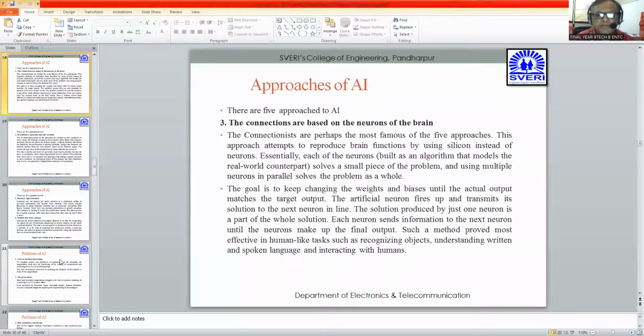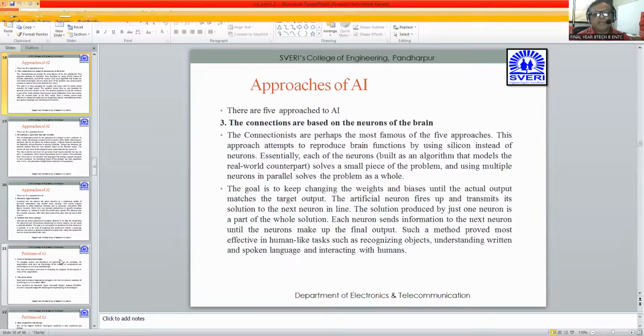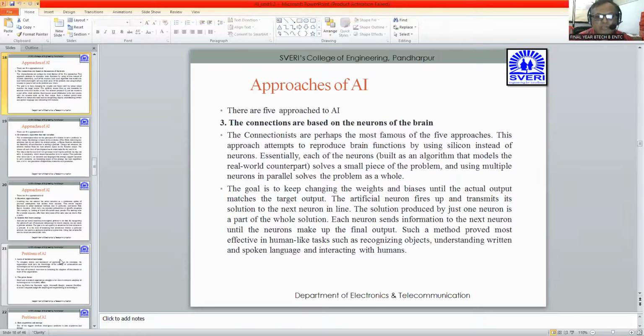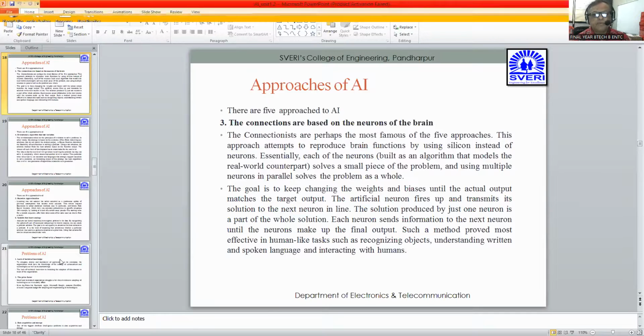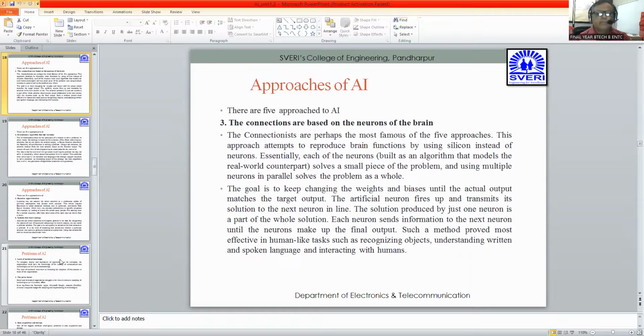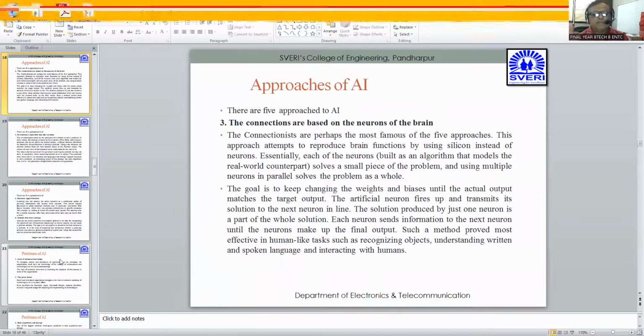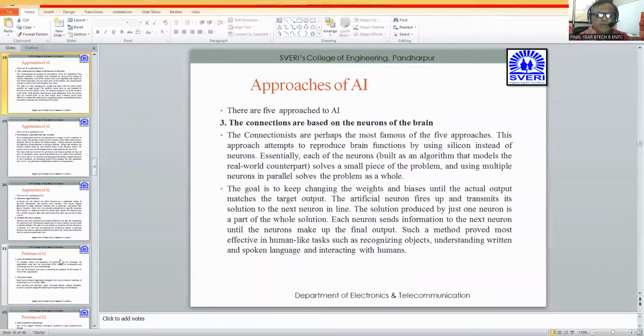So in case of an artificial neural network, we have already seen that a single unit of a brain is nothing but a neuron. So a neuron has inputs x1, x2, x3. Then we have a weight which is multiplied with these inputs, and then the bias is also added. In case of the feed forward method, we go from the input side to the output side. But in case of the back propagation method, we go from the output side towards the input side. In order to eliminate the error, we go by back propagation and keep on changing the weights and bias values so that we can get less error.